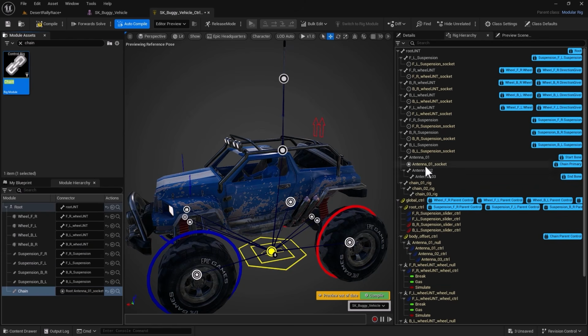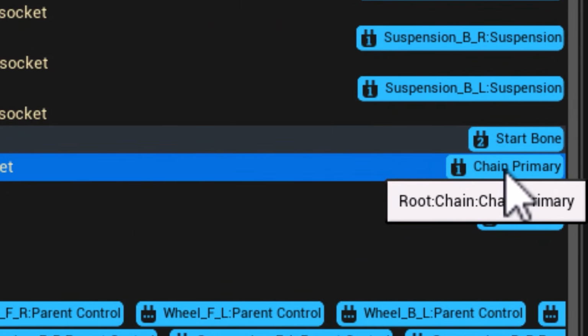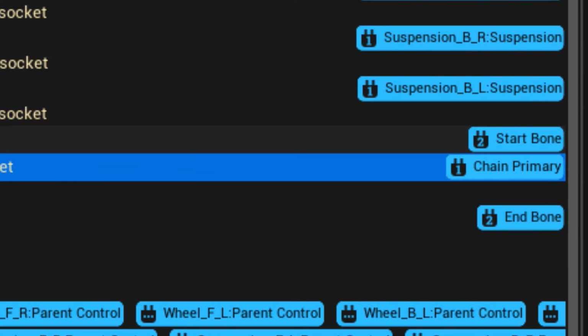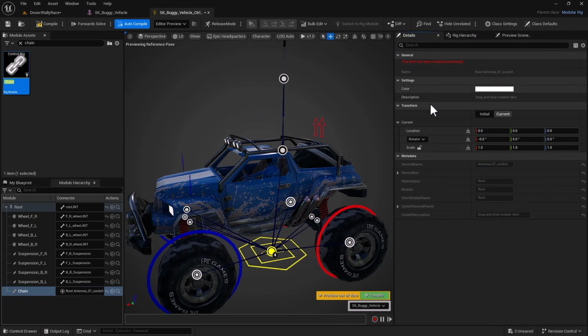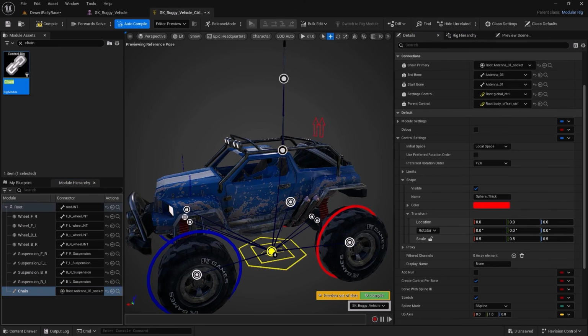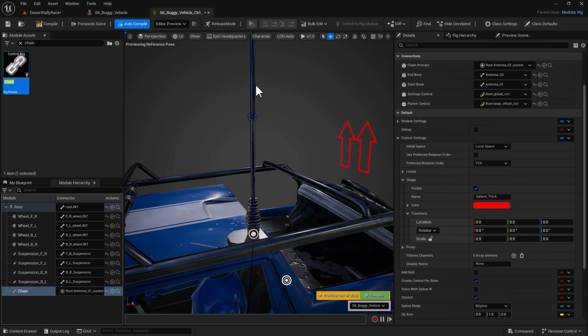If I look at my antenna socket, you can see that I have the chain primary module assigned to joint 1. Obviously, we have 2 and 3 as well underneath that. But the way that chain works is actually pretty cool. First things first, I want to make sure that it's part of the route, which by the look of it, it is. And if I go and select the module, not the control, and perhaps zoom in, you can